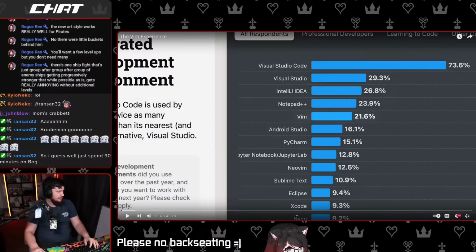Let me go over to just chatting. Here we go. Notepad++. Android Studio is just IntelliJ, but with an Android emulator in it. PyCharm, same thing. Neovim's lower? Really?